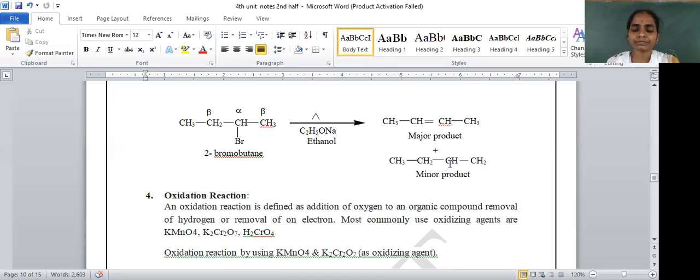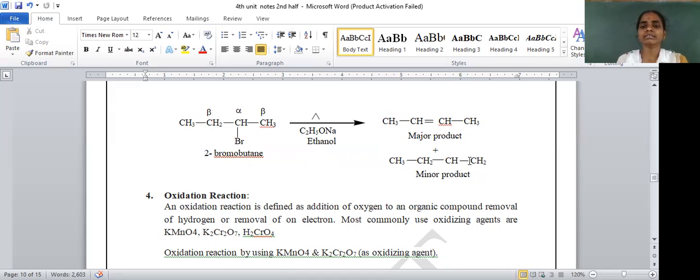So the double bond is formed here. If you look here, how can we say which is the major product? The double bond between the second and third carbon is a substituted double bond, and beside that are the alpha hydrogens. The first and the last carbon have more alpha hydrogens, nearly 3 plus 3, that means 6 alpha hydrogens. That's why we call it the major product.